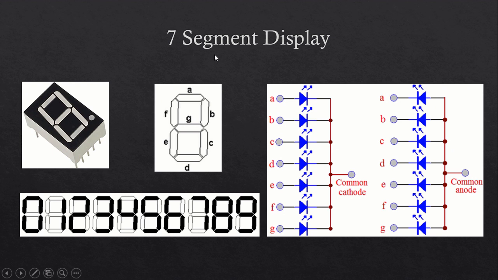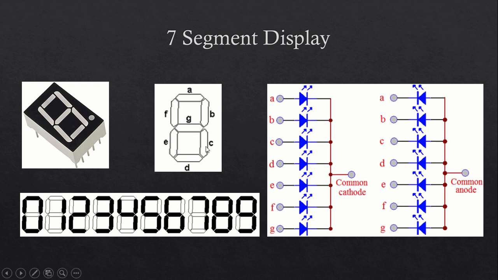In a 7 segment display, each segment is made up of a material that emits light when current is passed through it. LEDs and LCDs are most commonly used for this. These segments are identified using letters A, B, C, D, E, F and G. Total 7 segments. If we illuminate various combinations of segments, we can display numbers from 0 to 9. A, B, C, D, E, F for 0.